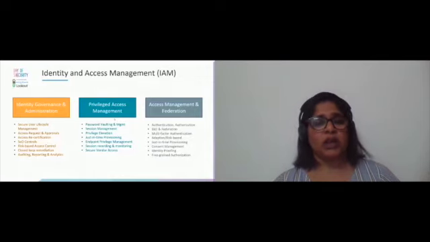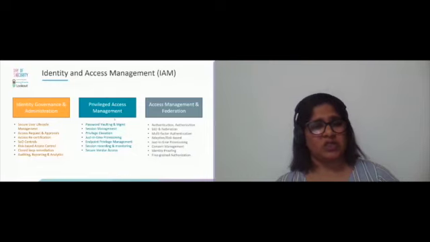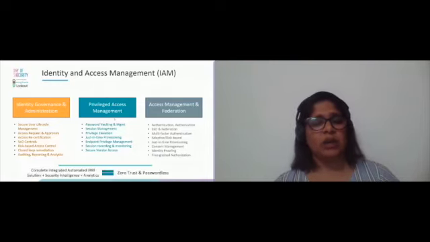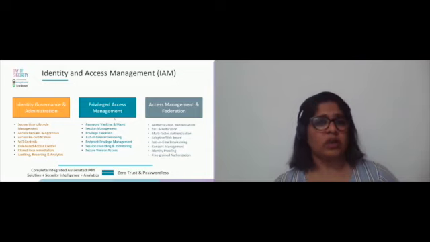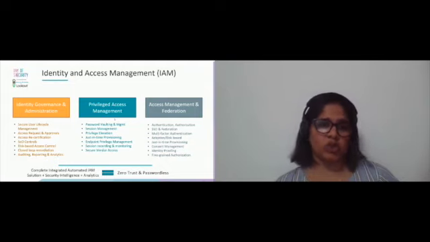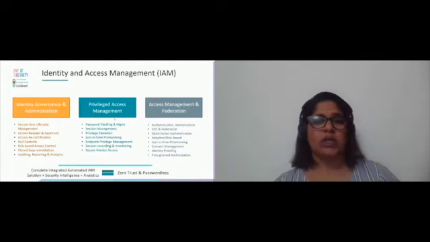What needs to happen ideally is that you implement each of these disciplines with the right technologies and right processes, and provide a complete integrated automated IAM solution. When that is married with the right security intelligence system, such as a SIEM system or a user behavioral analytics system, and you identify your key analytics, you can actually achieve the seemingly impossible vision of zero trust and passwordless, right? It is possible with identity and access management.